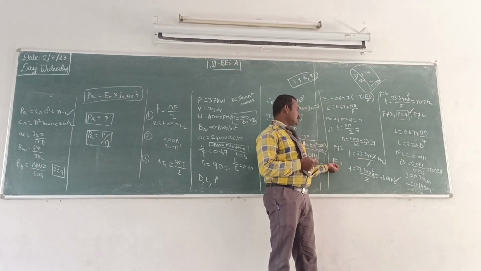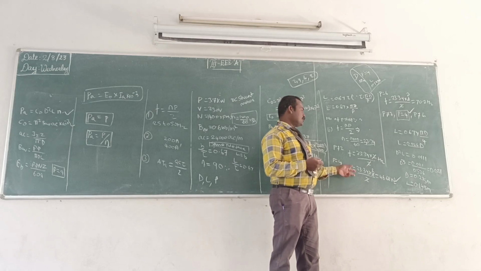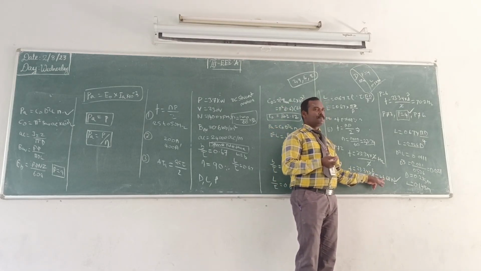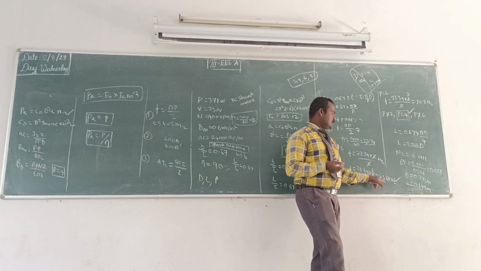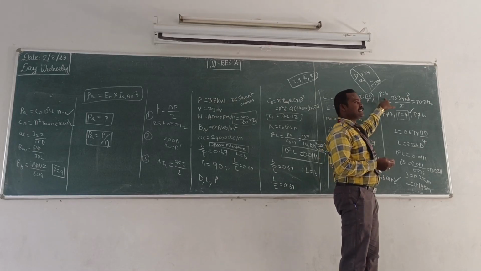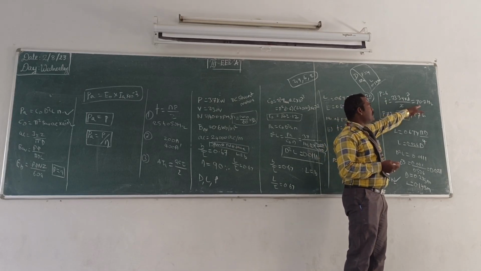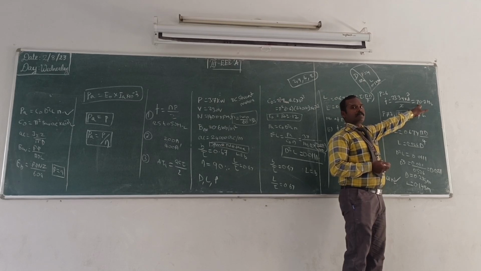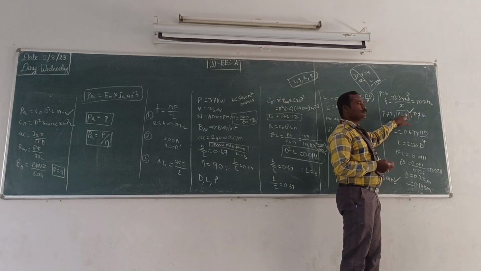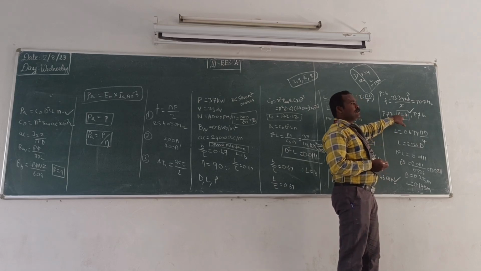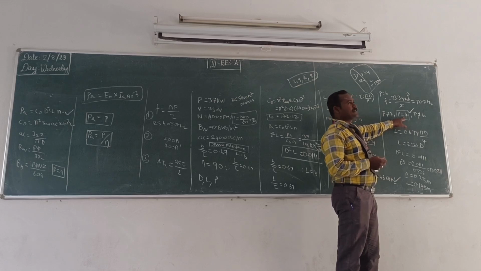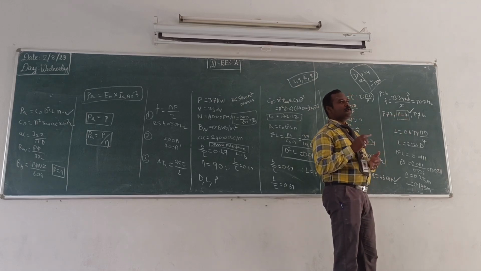Then in the next case, you can assume the number of poles as 4. Then you can put it, the obtained frequency lies between 25 to 50. So it satisfies the condition. So you can fix the number of poles as 4, which is satisfied. Then you can assume 6 also, 6 is not satisfying, the frequency is above 50, so it is not satisfied. So you can fix the number of poles as 4. Only 4 is satisfied. Then your selected pole 4 is most suitable for that particular machine. So you can fix the number of poles as 4.